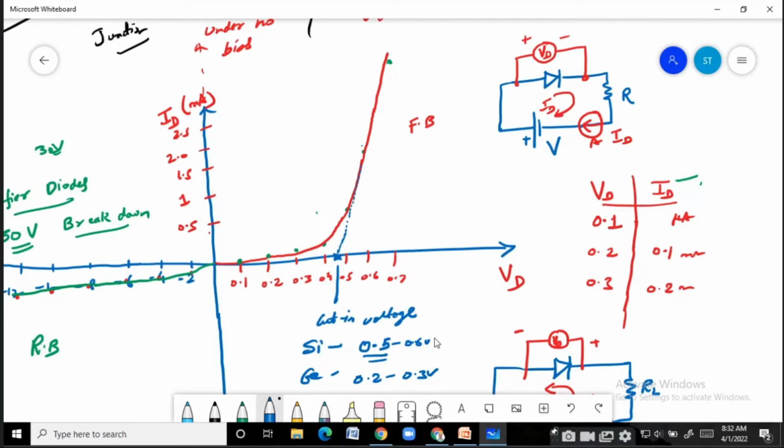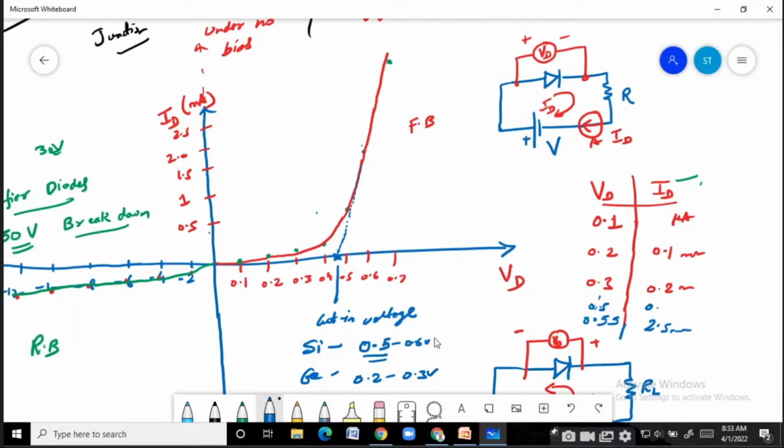You first of all plot this characteristic from the table, and when you are asked to find the cut-in, you can look into the readings. At 0.3 it is 0.2 milliampere, but when you keep on increasing, you will find a value of VD, around suppose 0.55 volt, at which the current becomes significantly high, directly jumping to 2.5 milliampere. Before this, at 0.5 volt,